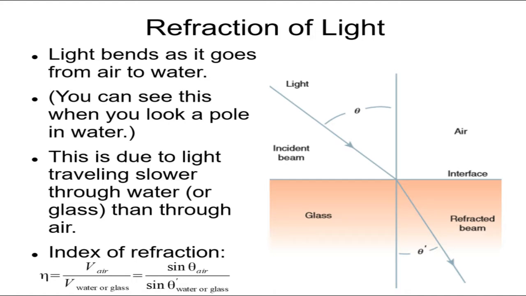You think you're looking straight, but the light that's hitting your eye is not going straight. It's bending as it goes from the hot desert floor up to where it's cooler. So you think you're looking at the floor, but you're actually looking at what might be the sky or something else that makes it look like there's water on the ground, but really there isn't. That's the mirage. Anyway, so light does bend a little bit when it goes from